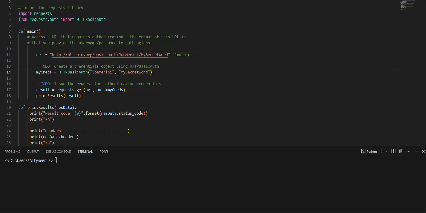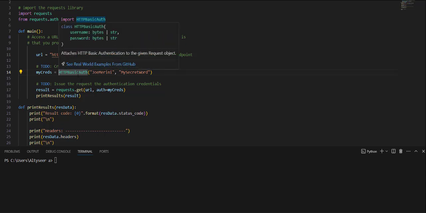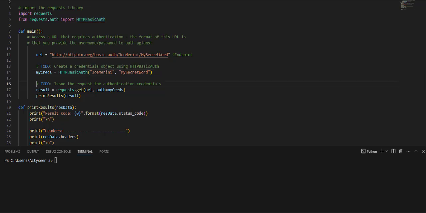Now we pass these values to HTTPBasicAuth. The class takes a username and password. Okay, so we pass this value to the get method as the auth parameter, along with the URL, so our endpoint. Then we try to print the result